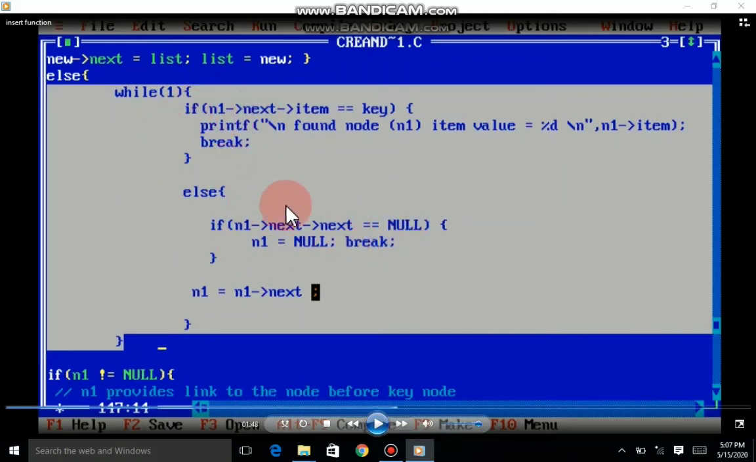If none of this is correct, then you increase n1: n1 is equal to n1 arrow next. So from the first node you go to the second node and your loop will continue. From second you go to the third and it will continue. From third you go to the fourth and it will continue. So when you break this loop,